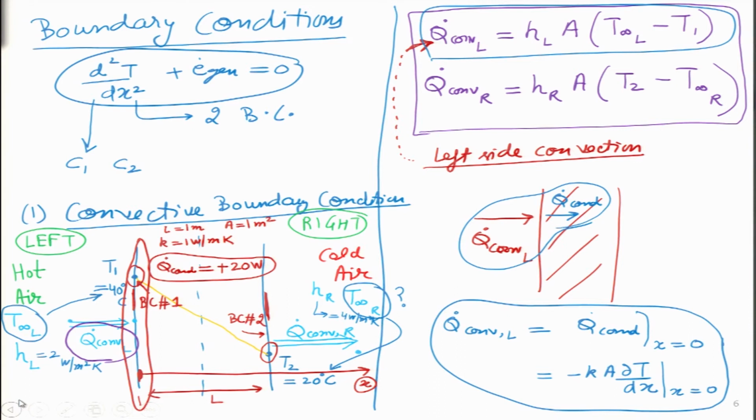So, why was I using that word reverse? I will explain that over here. In real life situations we will not actually know the value of T1 beforehand. We will instead know the value of T infinity L. So, the question that will be posed to us is that the air on the left side of the wall is at a very high temperature, in this particular case 50 degrees, and we are given the other air temperature on the right hand side, and then we have to figure out what is the overall heat transfer which is taking place, what is the temperature profile, what is the temperature of the wall on the left side, and the temperature of the wall on the right side.